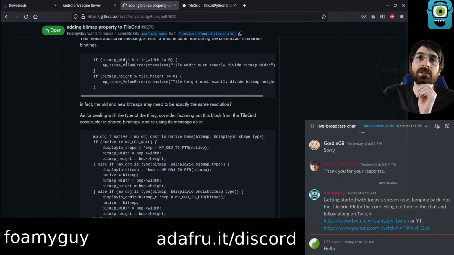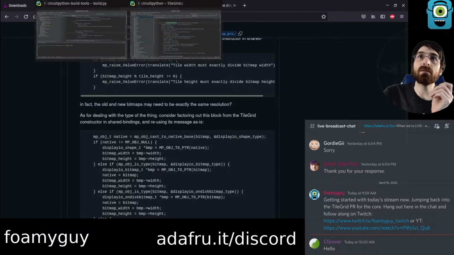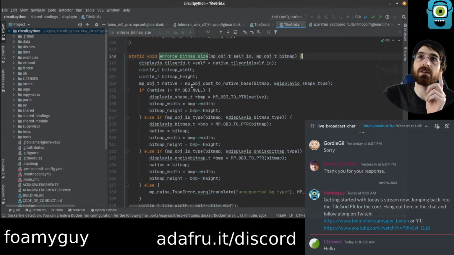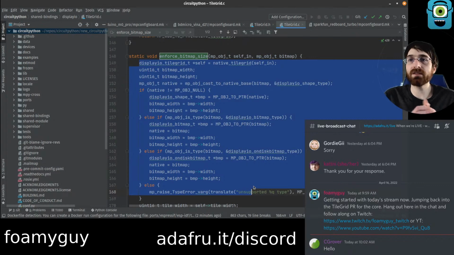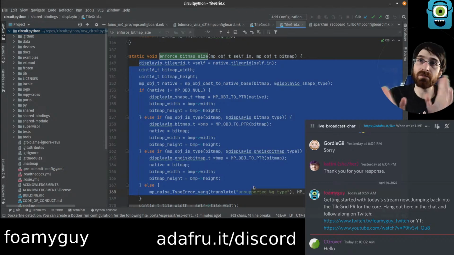Factoring this block out from the constructor and shared bindings. So this was a good idea because otherwise we would end up basically repeating a bunch of the same code that's in the initializer already, which it's not the end of the world, but it takes up extra space, and then it means that there's 2 copies of that code in different parts of the